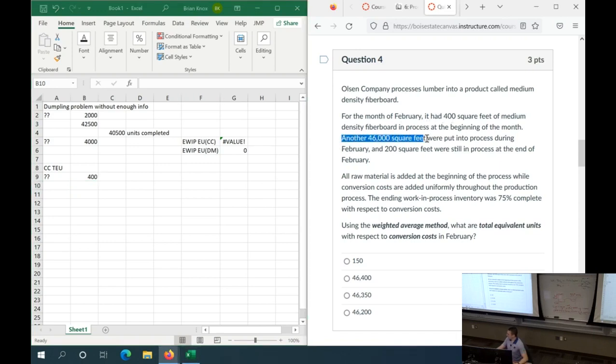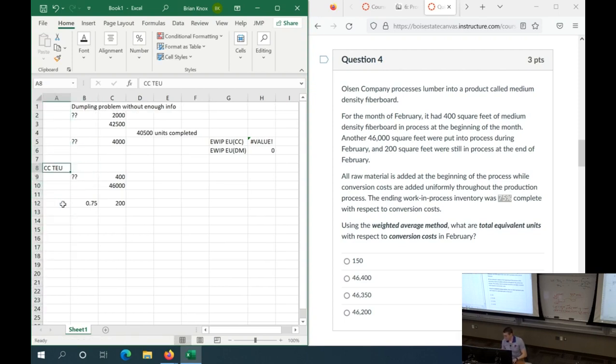Another 46,000 square feet were put into process during February. All right, 46,000 were started. And we had 200 square feet in process at the end. So that's our ending WIP, 200 square feet. And I already know down here that they're 75% complete. All right, so 0.75. This is with respect to conversion costs. I can even write in